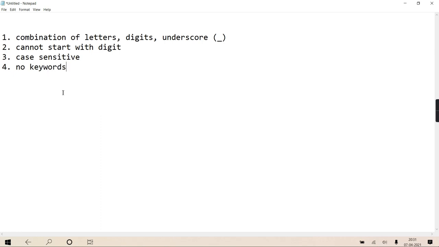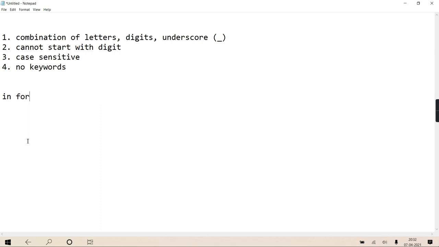Okay? So you cannot use a reserved word or keyword as an identifier. There are many keywords, like in. So I cannot give a variable or an identifier the name in; it is not allowed. For, while, break, I cannot use these, because these are all reserved words. So I cannot use them as an identifier.